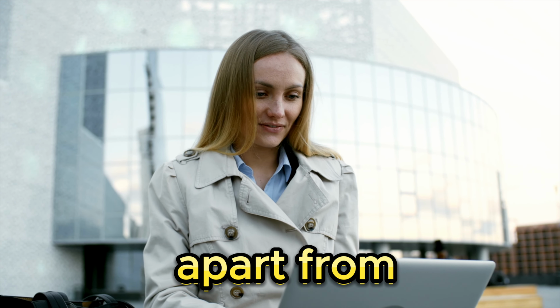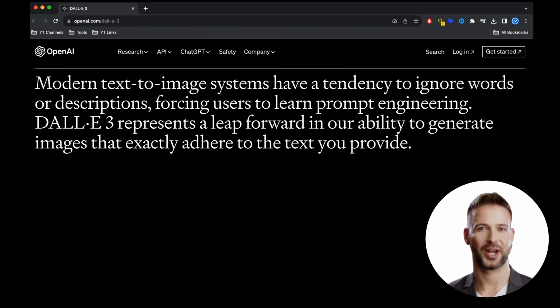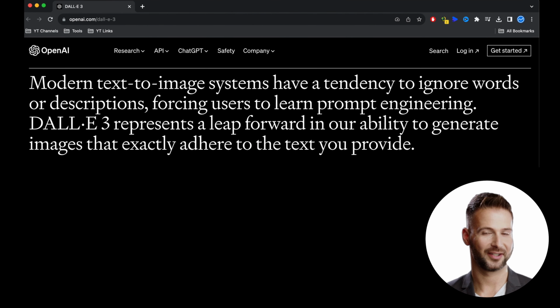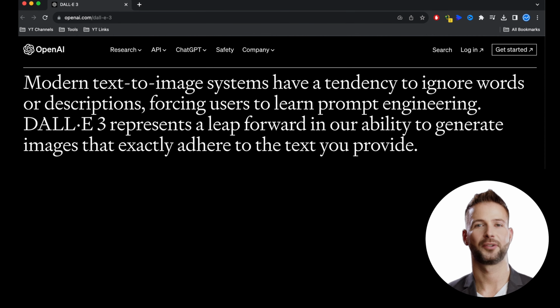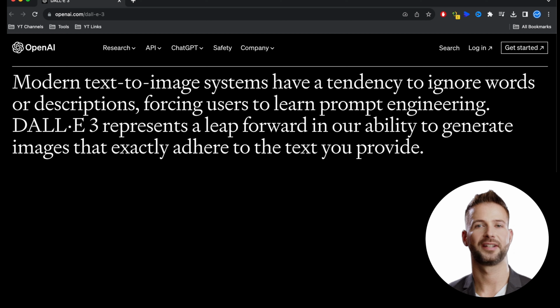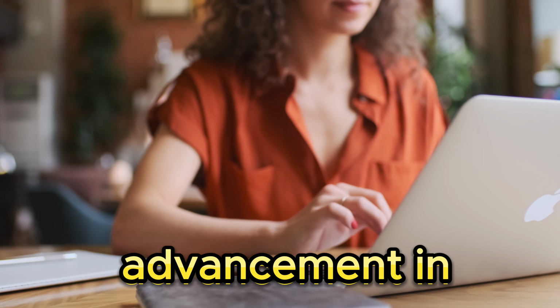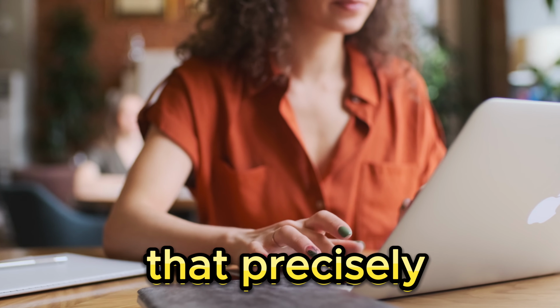Now, let's explore how Dall E3 sets itself apart from previous versions and other image AIs. One notable aspect highlighted here is that modern text-to-image systems often overlook words or descriptions, placing the burden on users to master complex engineering. Dall E3 represents a significant advancement in our ability to generate images that precisely adhere to